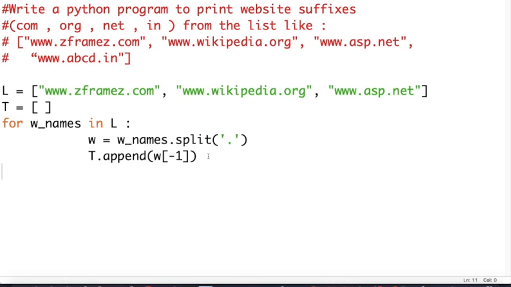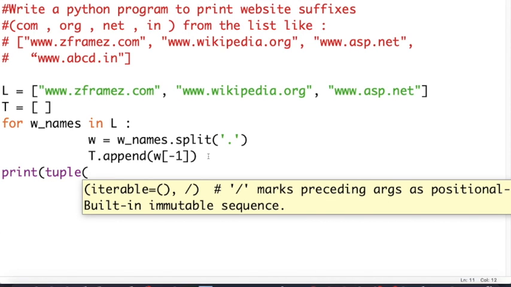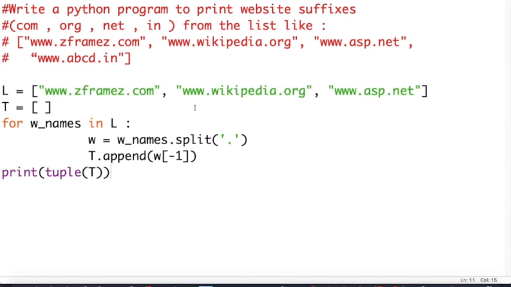Now after coming out of the loop, we'll simply print this T, which is a list, changing it to a tuple, because our output should be in the form of a tuple. It has been shown that the output should be in the form of a tuple, right? So I will simply write print tuple T. Now let's compile the code and see what happens.